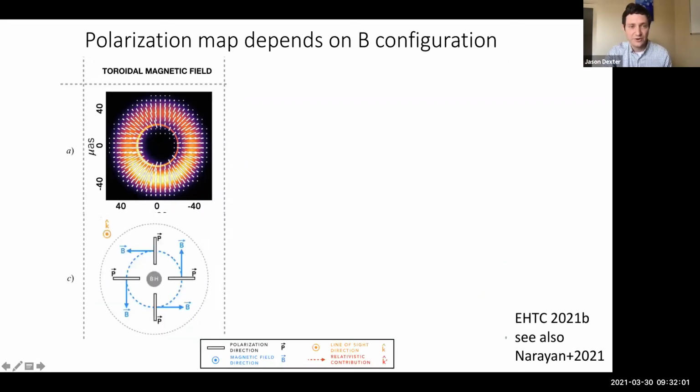Okay, so let's look at the toroidal case first. So this diagram down below shows the magnetic field direction looking nearly straight down. These are at the geometry of M87, so looking nearly straight down the jet for M87. And so here, if we look at a purely toroidal magnetic field, then the line of sight is nearly out of the screen. And so if we do K cross B, we'll get a polarization pattern, which is just purely radial. So the EVPA pattern will be purely radial for the toroidal magnetic field case here.